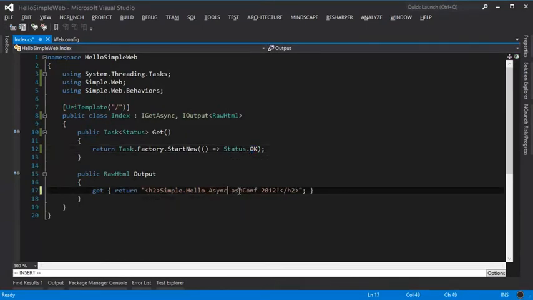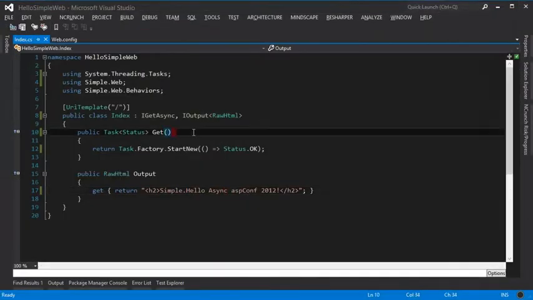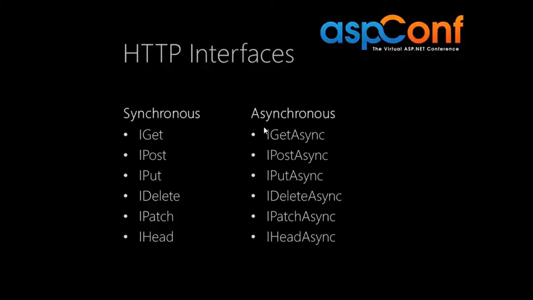Let's just put an async in there just to make sure that we can see that that's working properly. Okay, so we have an asynchronous pipeline within Simple.Web to support that,